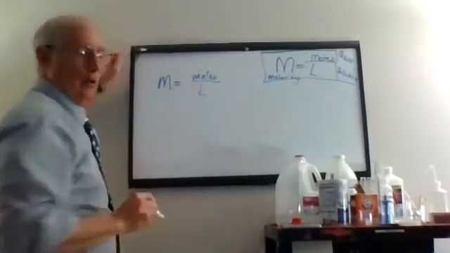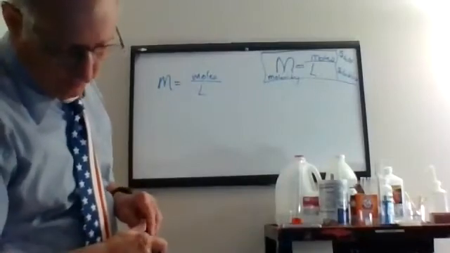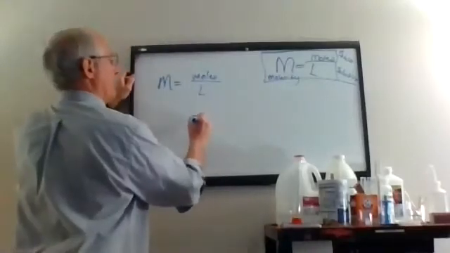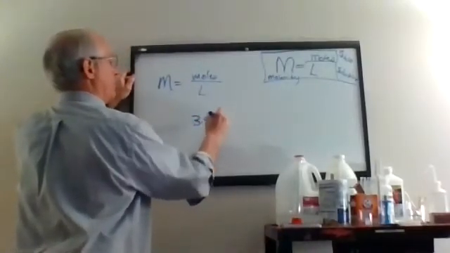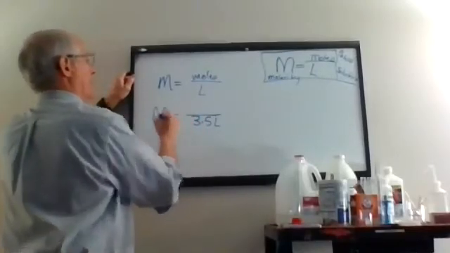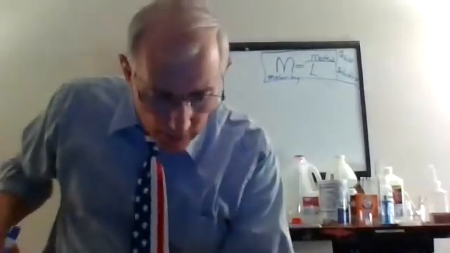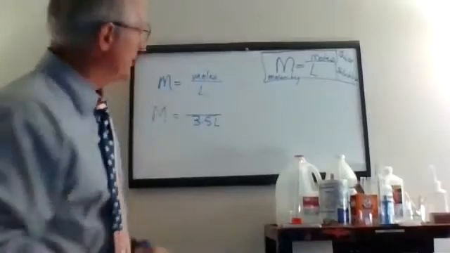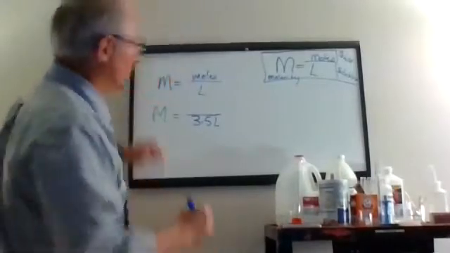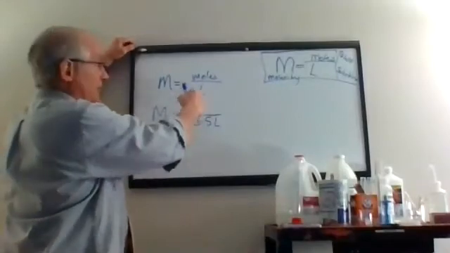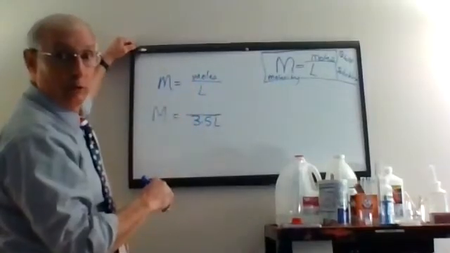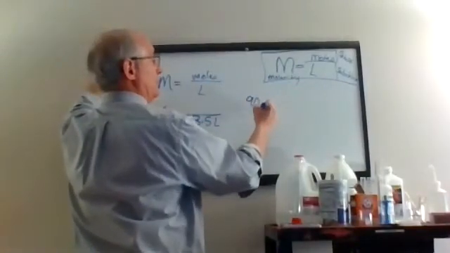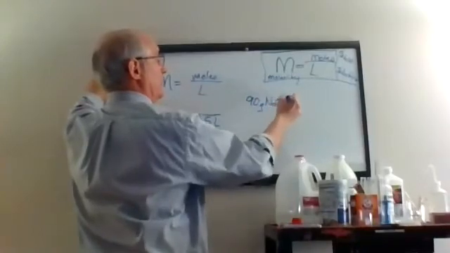Okay, this is sample problem A on 420. You have 3.5 liters of solution. And it says you've got 90 grams of salt, sodium chloride. What's the molarity of the solution? 90 grams. Does 90 go up here? Does that say mass or does that say moles? So what is moles? Well, 90 grams of sodium chloride,